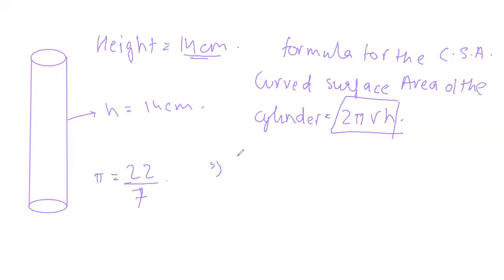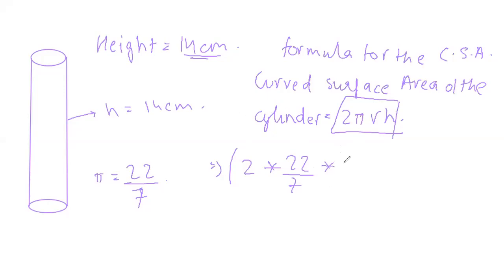So then we'll go ahead and substitute the values. We put it in a bracket because it gives us ease of calculation. 2 into 22 by 7, it has already mentioned to us before that we assume pi is equal to 22 by 7. I am going to repeat some things in this video quite frequently, but please do not get annoyed, because they are for the sake of your good and they might help you in the future.